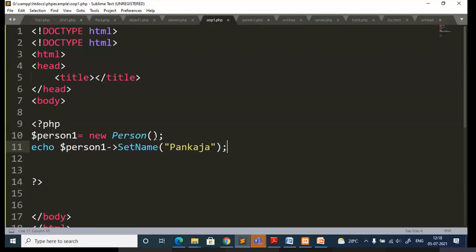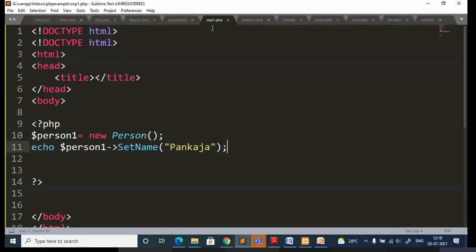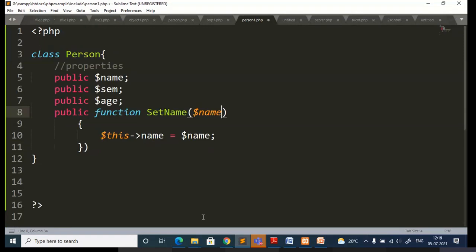Can somebody answer? Yes. Because I have not included this file anywhere. I need to include this file, then only I will be able to access this class information.